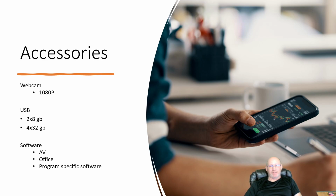USBs, I recommend for non-STEM students 2 8GB USB drives, minimum of 2, and that's so that you can share different things with other students, right? You may put it on a Google Drive, you may put it somewhere else, but a lot of times you underestimate the power of a USB stick. Now I know students, they're like, wait a second, I'll just use Google Drive, or I'll just use the cloud, or I'll just use this. Yeah, I get that, but you're still going to use, I guarantee, these 8GB USB sticks,